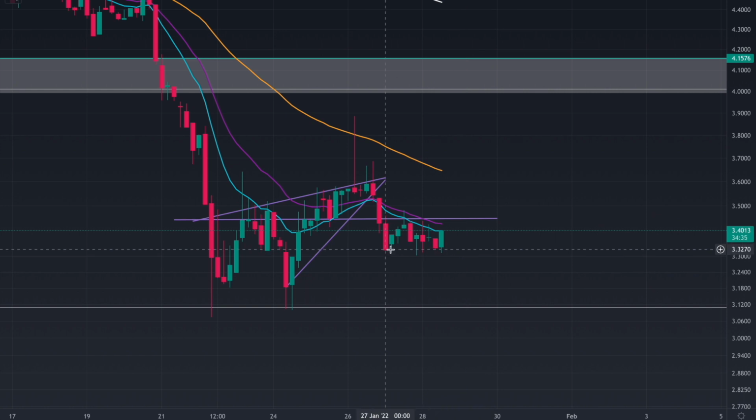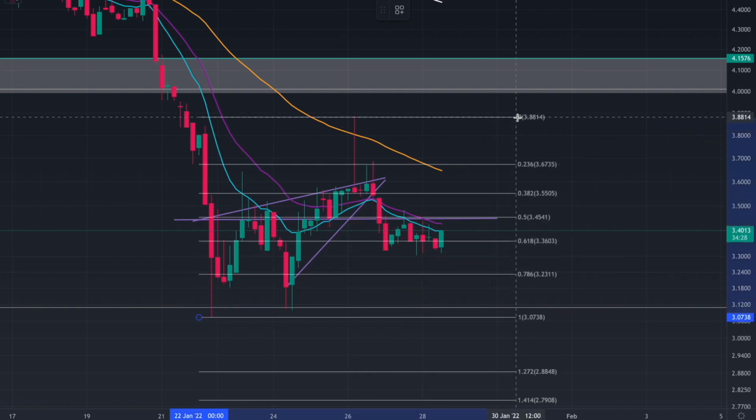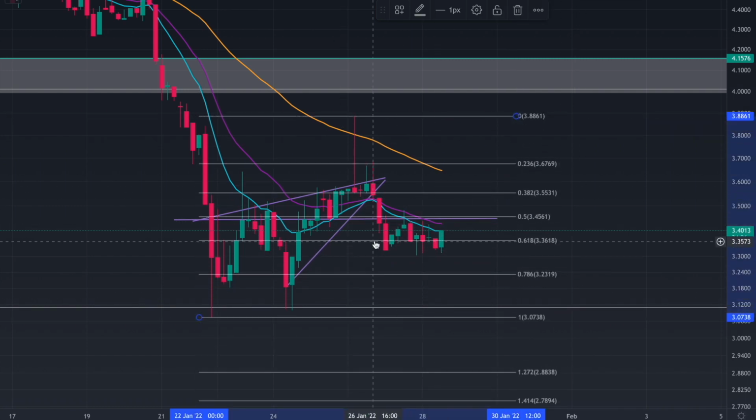The only thing holding us right now is this level over here, and this could potentially be that golden pocket we always talk about on this channel. So let's just double check that. Yes, you can see that we actually are being held by the 618, but you've had multiple attempts below and you actually have closed below. It's just every next candle you've got back above, confirmed it as support, holding it, went below, getting back above, but